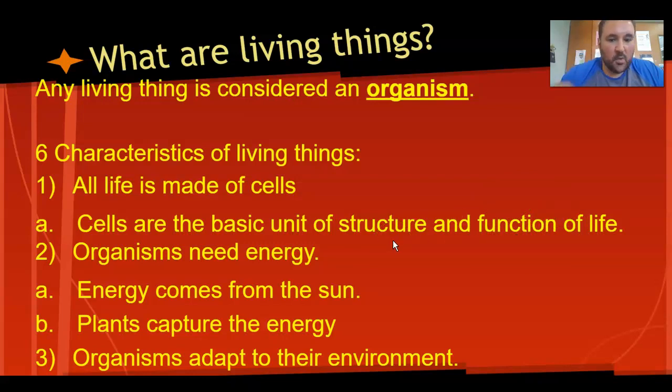Second characteristic: organisms need energy. Most of the energy of the earth comes from the sun. The plants capture the energy by the process of photosynthesis, but if you lived on the bottom of the ocean in the deep ocean trenches, there is an entirely different system of ecology that uses energy from the earth. It's called chemosynthesis. They use sulfur from the deep ocean vents and the volcanoes on the bottom of the ocean.